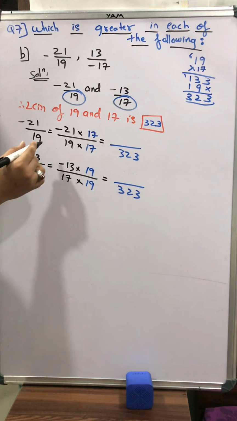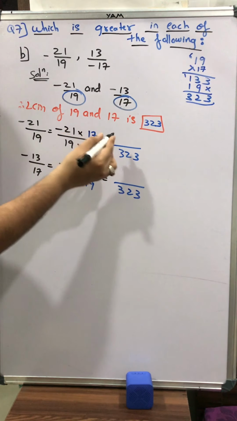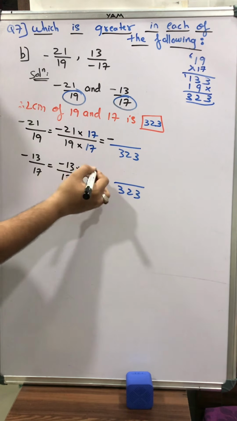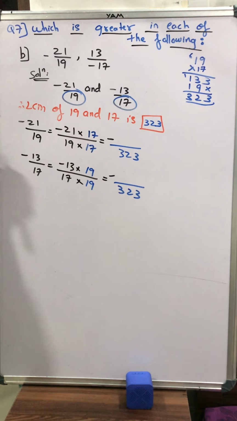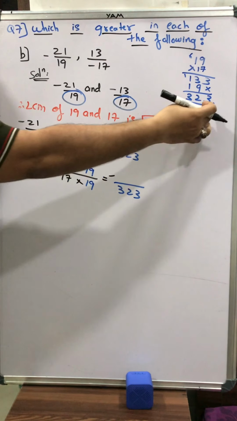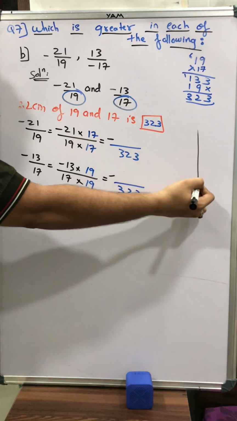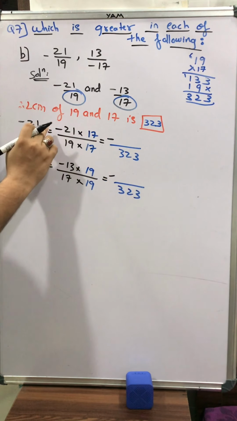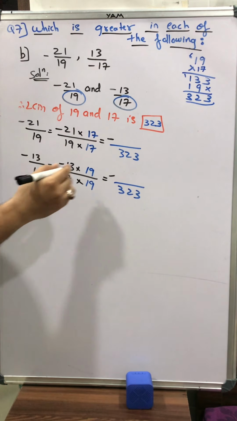Now students, when you multiply minus 21 with 17, of course I'll get an answer in minus, and here also when minus 13 is multiplied with 19, I'll get an answer in minus. But now for 21 multiplied by 17, you have to do that working. Always do it not on the last page of the book, on the right hand side. You should draw a rough column on the right hand side and do it. So when you multiply 21 with 17, you will get the answer